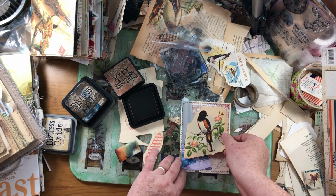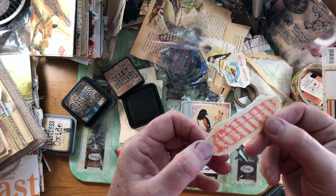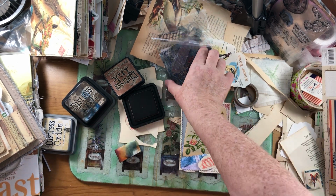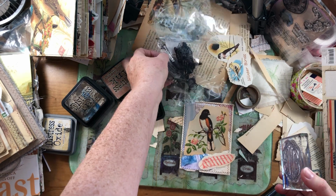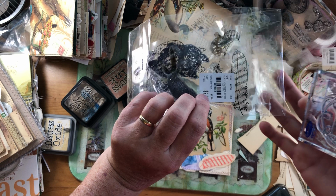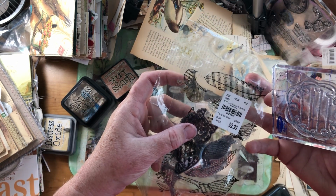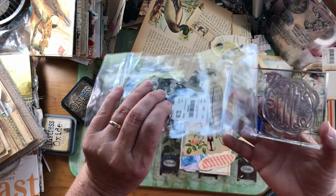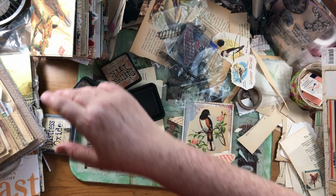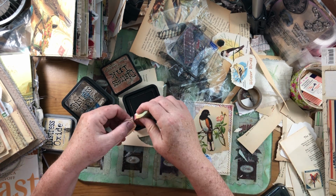I found this picture in an old bird book, and I stamped this feather that's got musical notes. I don't know if you can tell that or not. Here's the stamp, and I don't know who made it. I'm pretty sure I got it at Tuesday Morning several years ago. Anyway, I got interrupted. I was distressing around this,